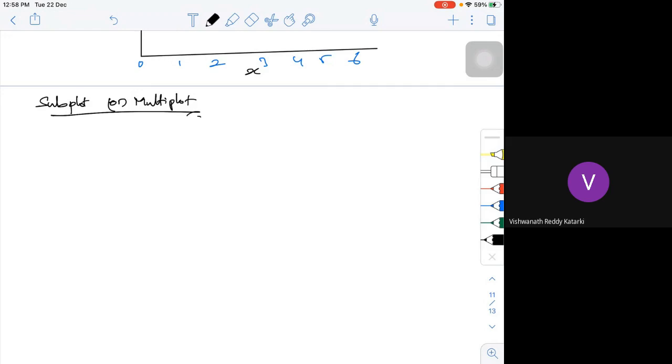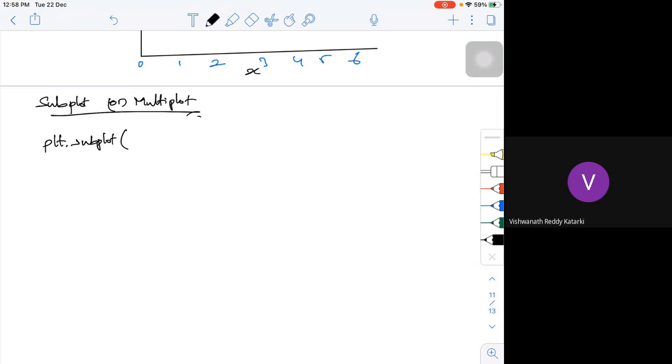What is it actually? If I want to use it, say here I'm going to take the area. The function I'm going to use is plt.subplot.